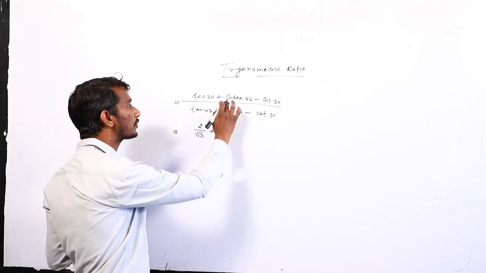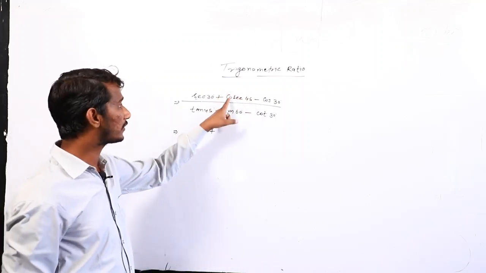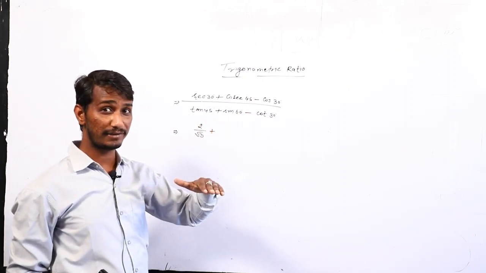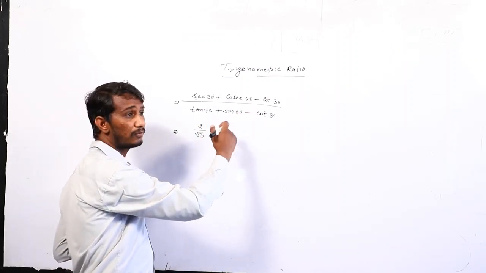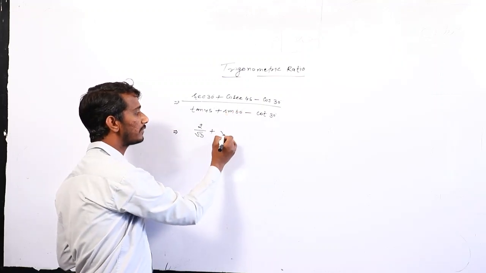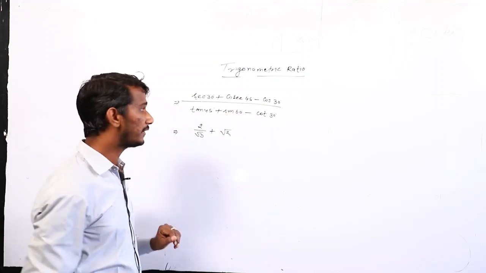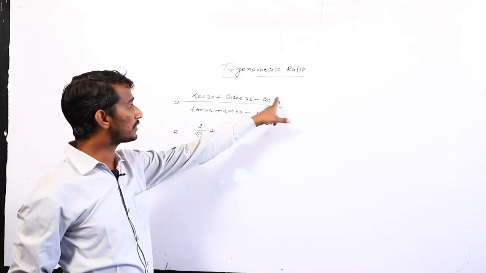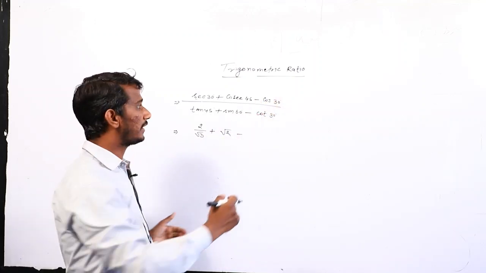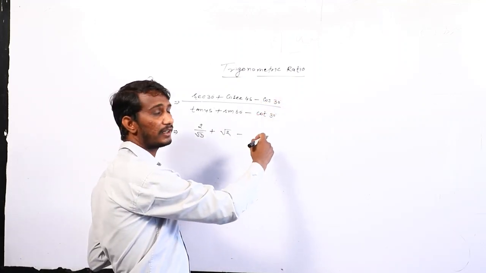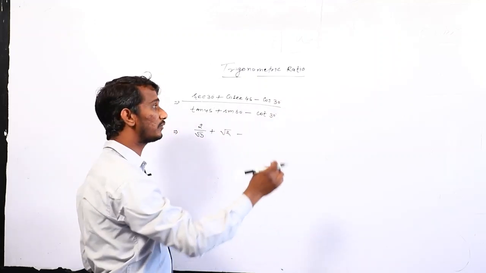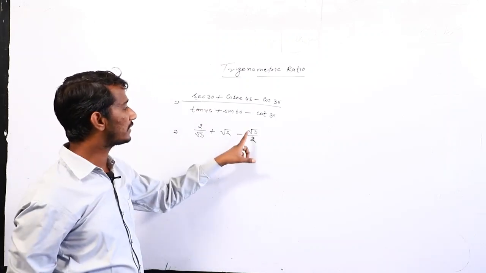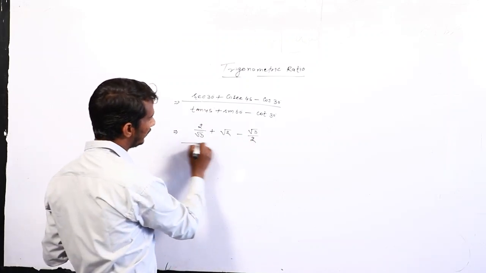Next, cosec 45. You know that cosec is the reciprocal of sine. The value of sin 45 is 1 upon root 2, and the opposite form is root 2. Understand? Next, cos 30. The value of cos 30 is the complement of sin 60. So sin 60 is root 3 by 2, which means cos 30 is root 3 by 2. Now the next value is